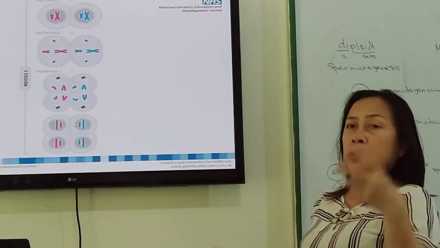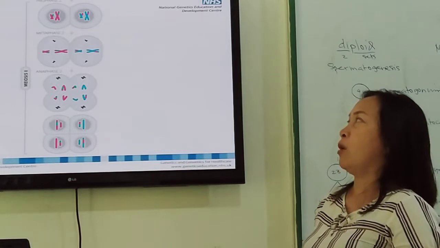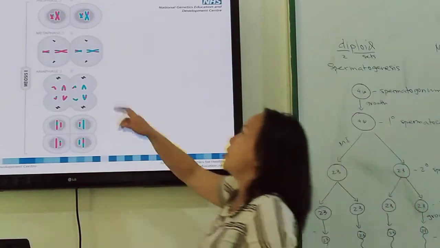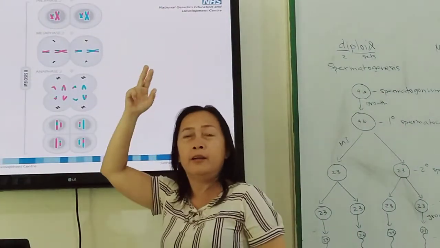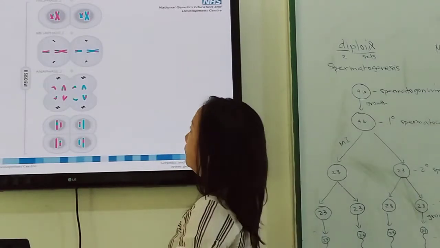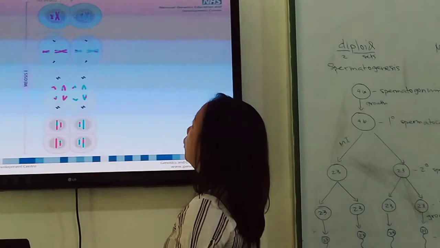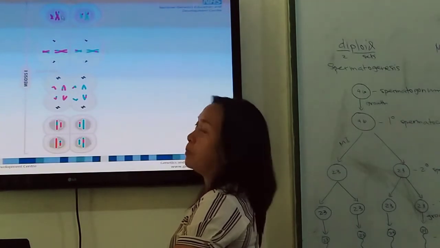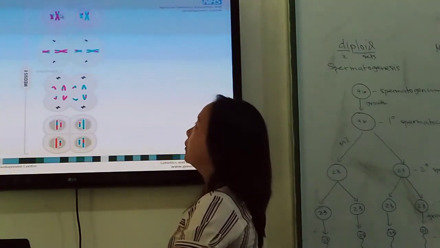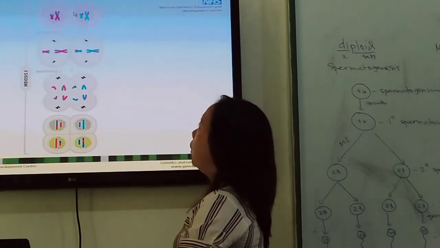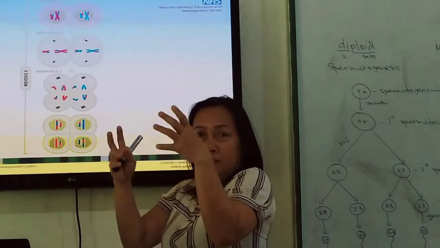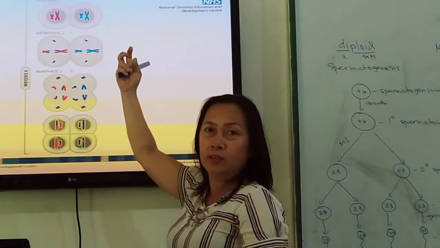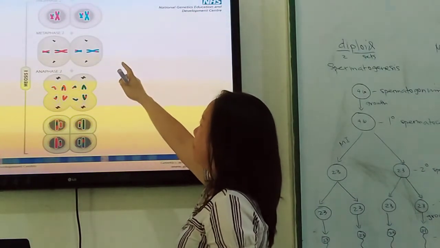Now, meiosis 2 is subdivided again into 4 substages. We have prophase 2, metaphase 2, anaphase 2, and telophase 2. Now, remember, ang result sa telophase 1 are 2 cells, duha ka cells. You have 2 cells, 1 and 2. But they are no longer homologous. Meaning, ang partner nag-separate na. They said goodbye to each other. Okay? Now, at prophase 2, mag-start na po, mura na siya meiosis. No? Pero duha ka cells sila nag-divide. So, at metaphase 2,